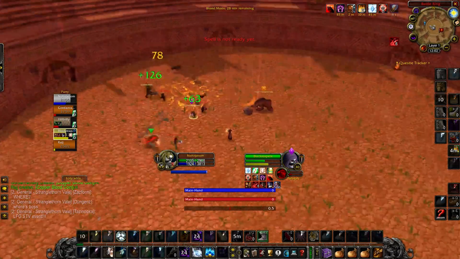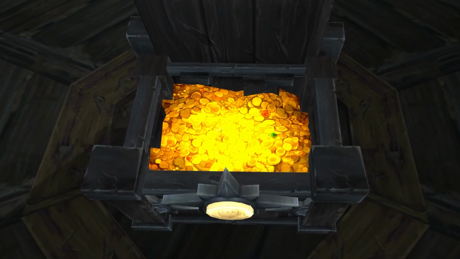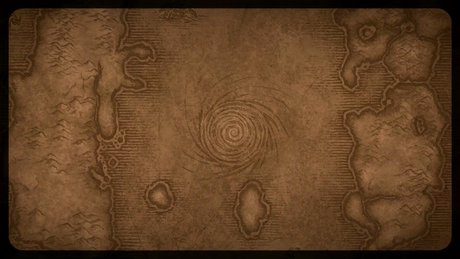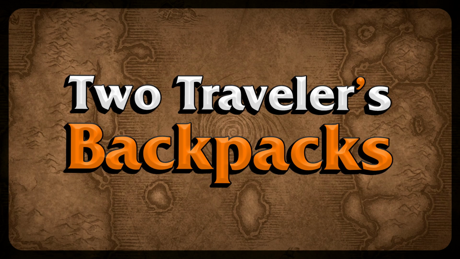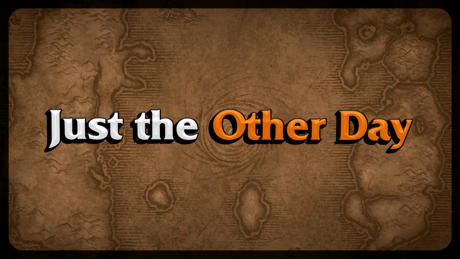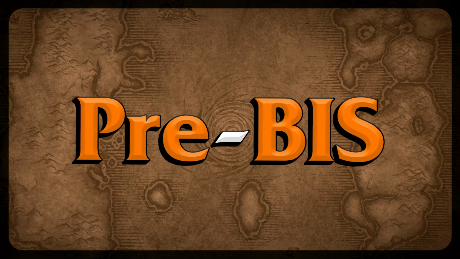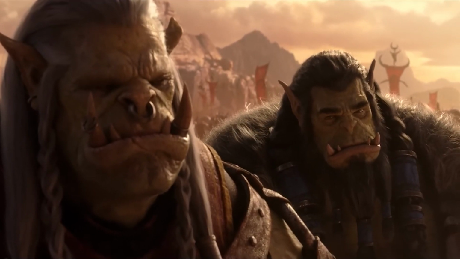Gurubashi Arena may seem like something for only the most serious PvPers, but savvy gold makers know the chest is one of the best sources for level 50 greens and even travelers' backpacks. Our guild has already gotten 2 travelers' backpacks from the chest, and they sell for over 350 gold. Just the other day, I got a 36 fire damage rolled helmet that's going to be second pre-BiS next phase. So if you've got a friend or two, waking up at 5 in the morning to grab the chest is